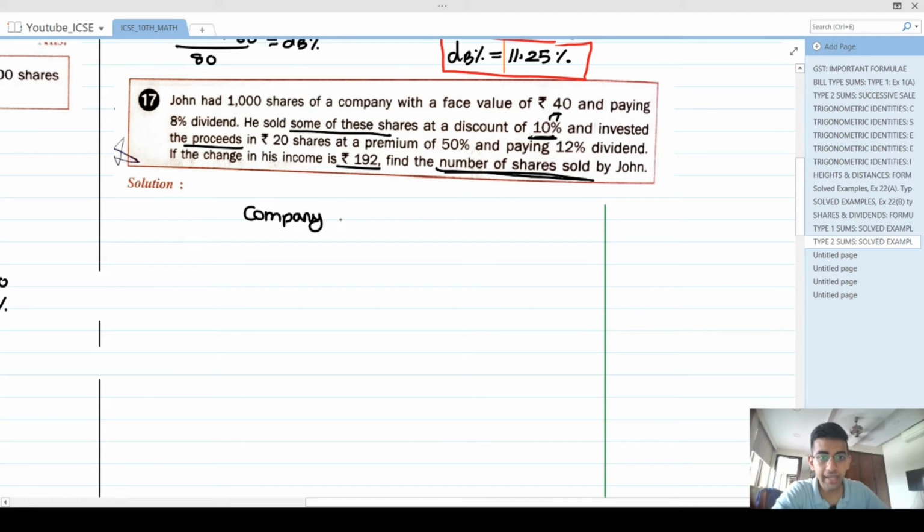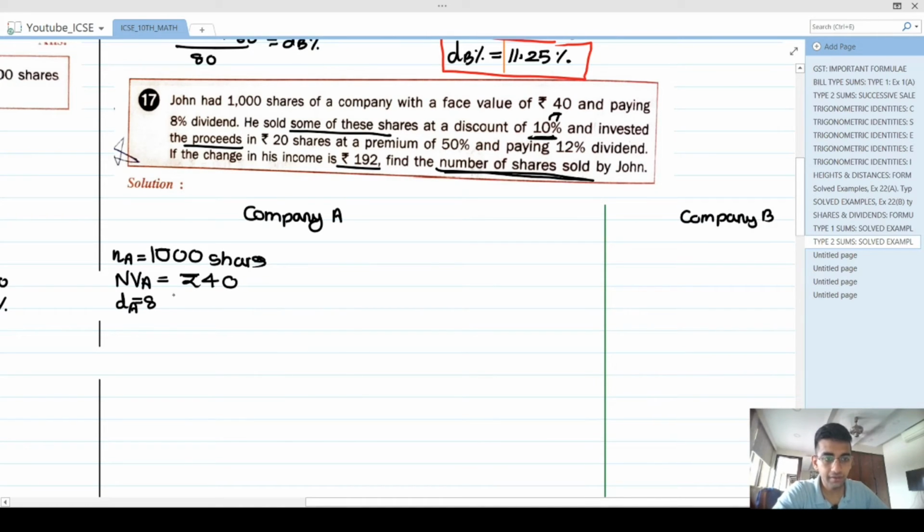Again, let's take a company A, company B case. He had 1,000 shares. The face value or nominal value initially was rupees 40. It's giving him a dividend of 8%. He sold some of these shares at a discount of 10% and invested the proceeds. So first let the number of shares sold